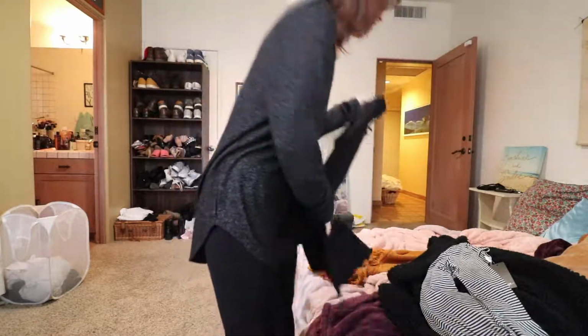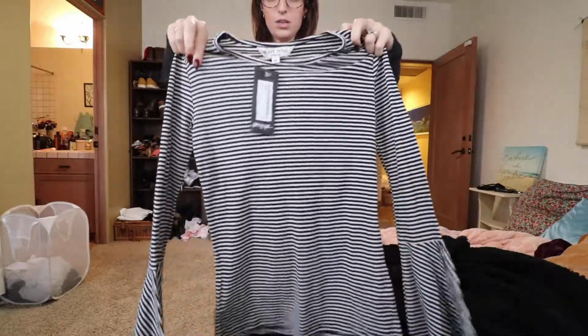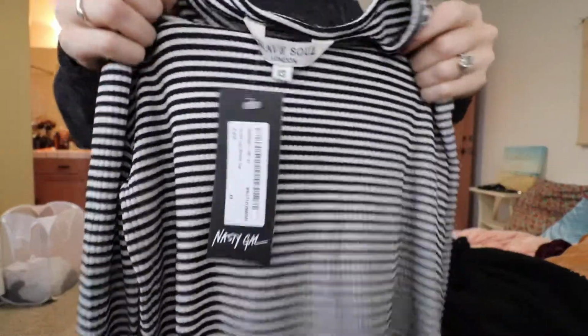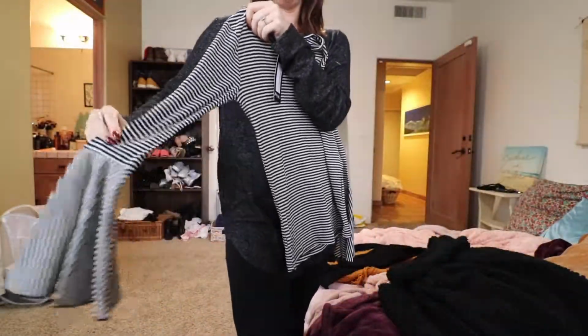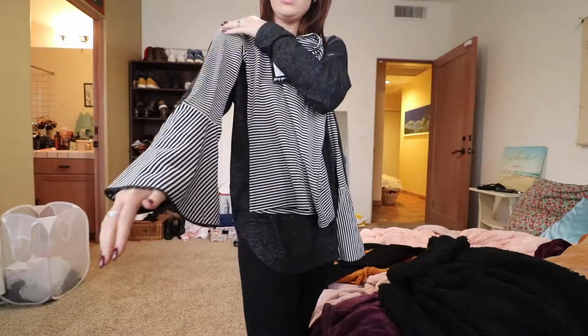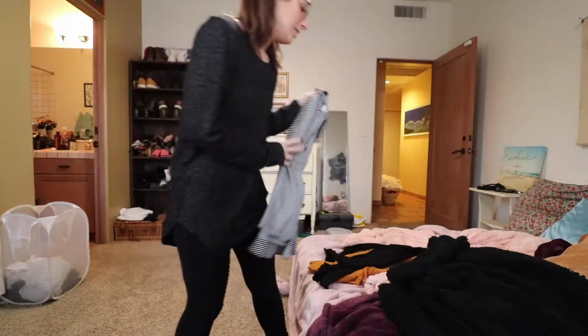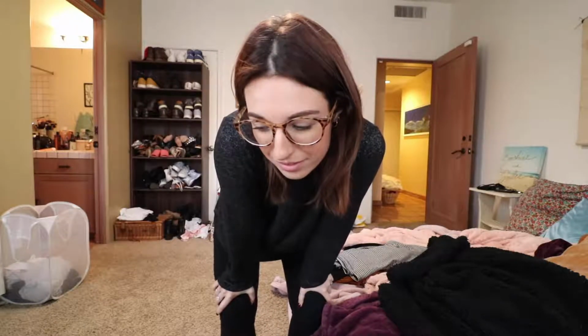And then I got this shirt. It's just little stripes, and again, really fun bell sleeves. I've just been feeling fun sleeves lately, so that'll be really cute. Just simple. And then the whole reason I ended up even getting an order from Nasty Gal is because I